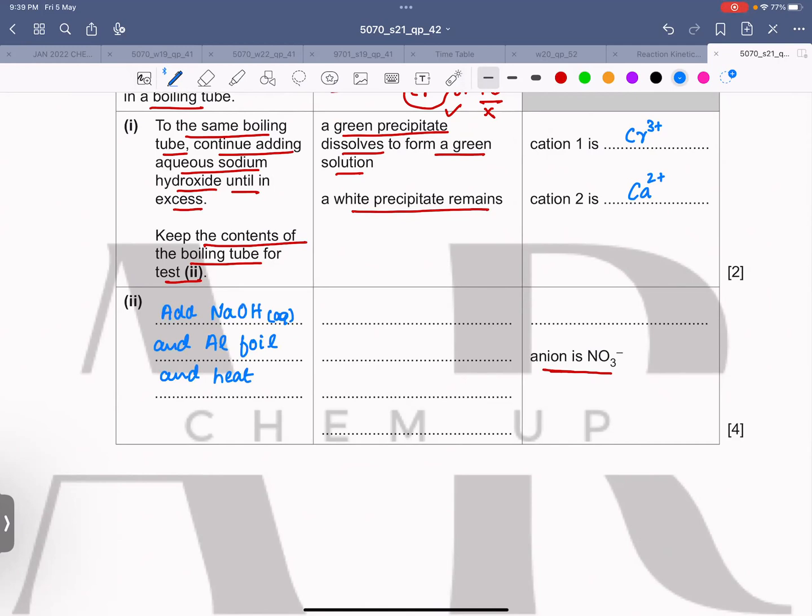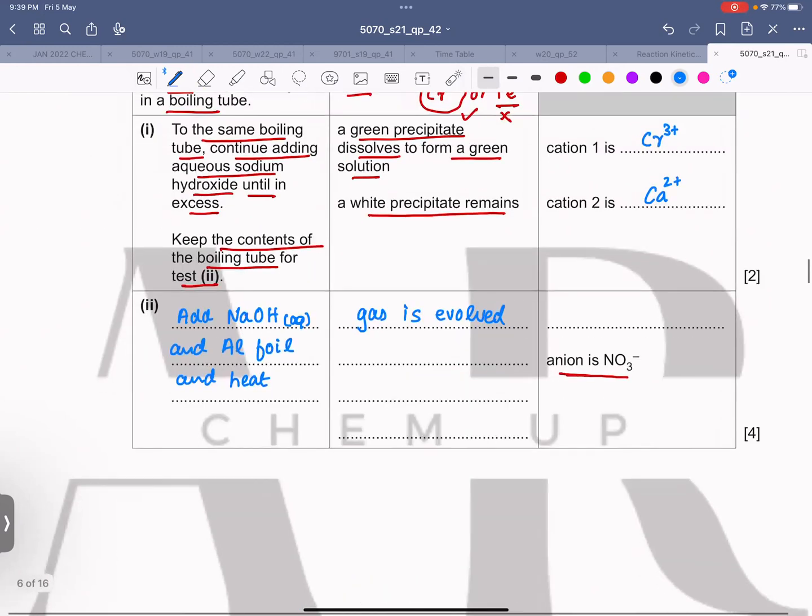The observation would be ammonia gas forms, or instead of writing ammonia gas, you would write that gas is evolved over here in the observation, and then in the conclusion